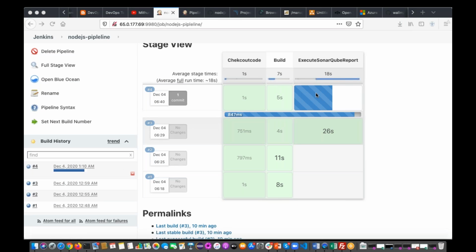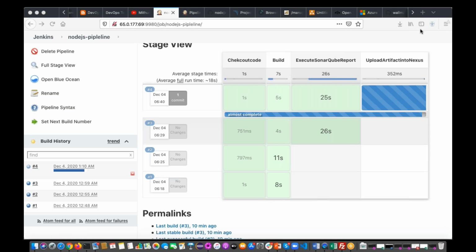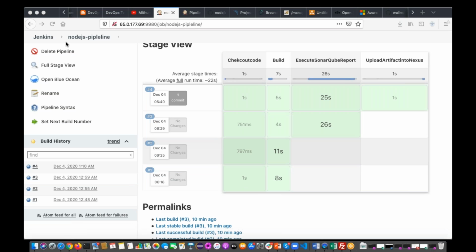So now it is executing the SonarQube report. After that, it will go to npm install, which will be available in the local repo on our machine. See, once you execute mvn clean package, it is going to check first whether all the dependencies are available in your local repository or not. Okay, if not, it will go to the Maven central repository. Here, first it will check in your local repository whether the node modules are there.